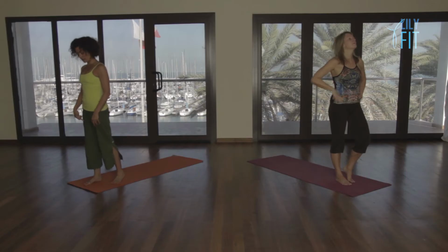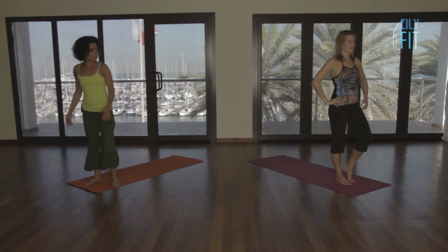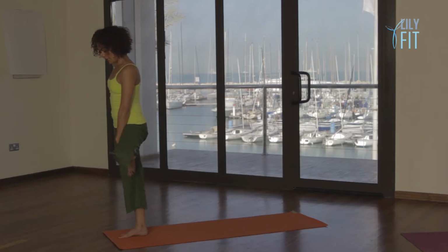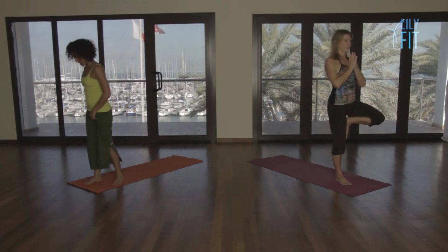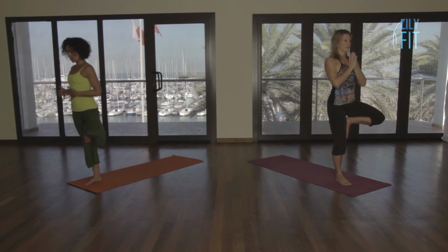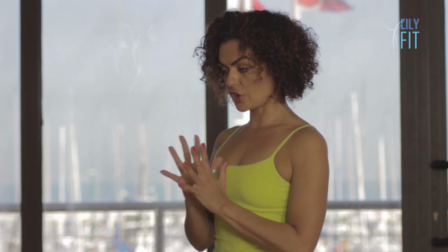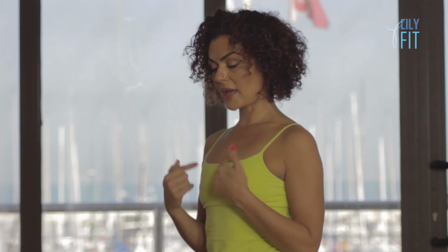Nice, strong standing thigh. Once you have your standing leg, bring the left leg anywhere up along the inside of your thigh. It can go anywhere along the leg that feels comfortable as long as you're not putting a lot of pressure on your knee. So once you have that, the knee is open, lift the spine, relax your shoulders, bring your hands to your heart, find a focal point in front of you, hold it and breathe. Relax your face, come back into your breathing,